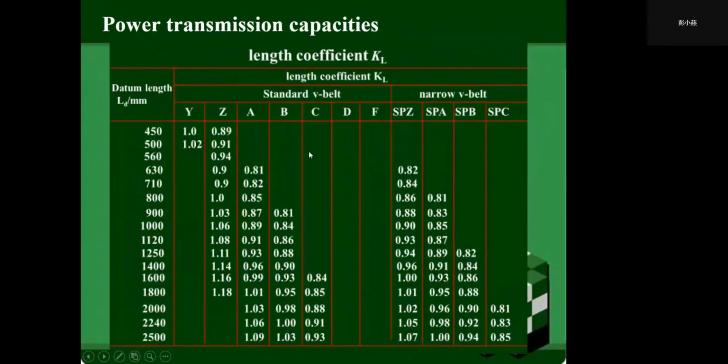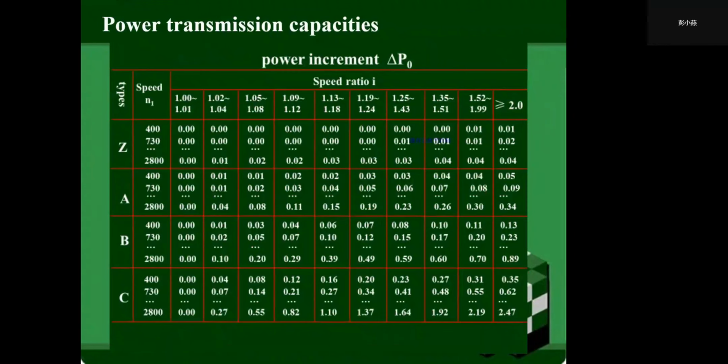Okay, and this is the length coefficient KL. If a belt length is different from the specific belt length, when the P0 is obtained, a belt length correction factor KL is introduced. It's illustrated in the table. And then the actual power is just